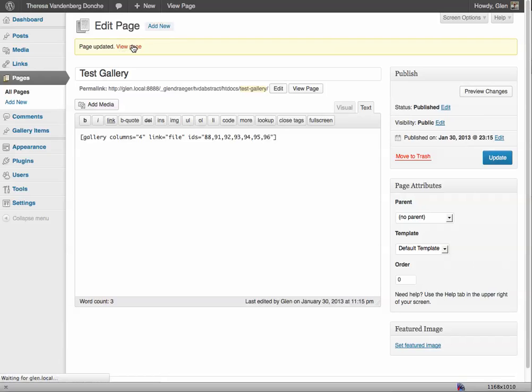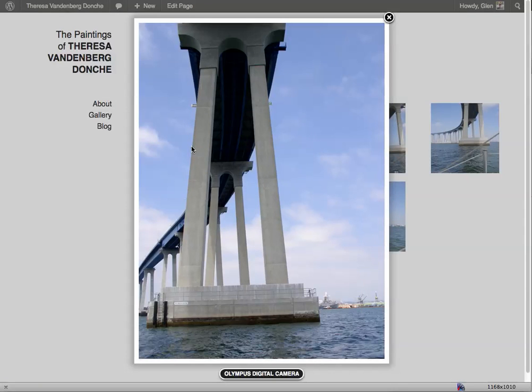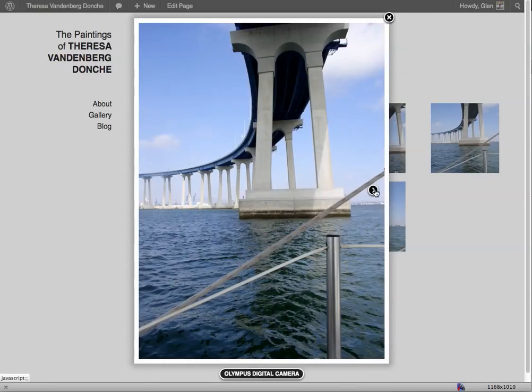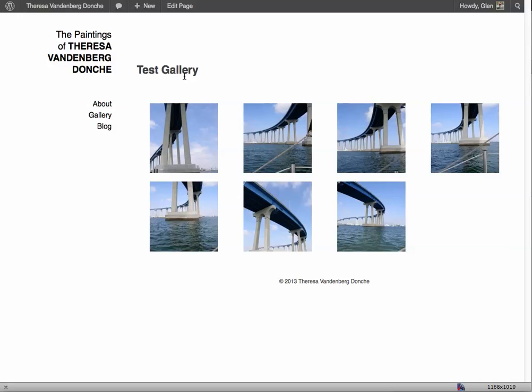And then when I go to View Page, here are my images, and I can add code so that the opacity will change when you roll over them. But then when I click on it, you get this, and you just scroll through. So what it would entail is you just making these individual pages, titling it whatever gallery you want, and then